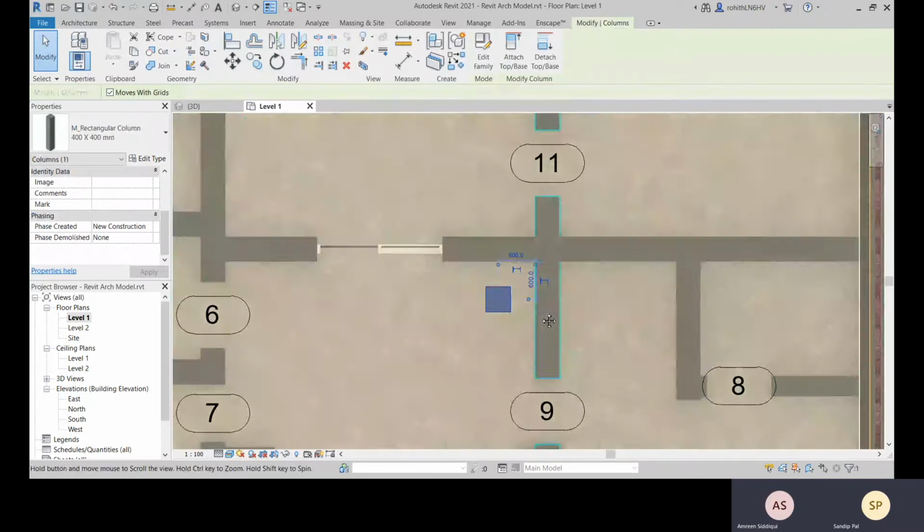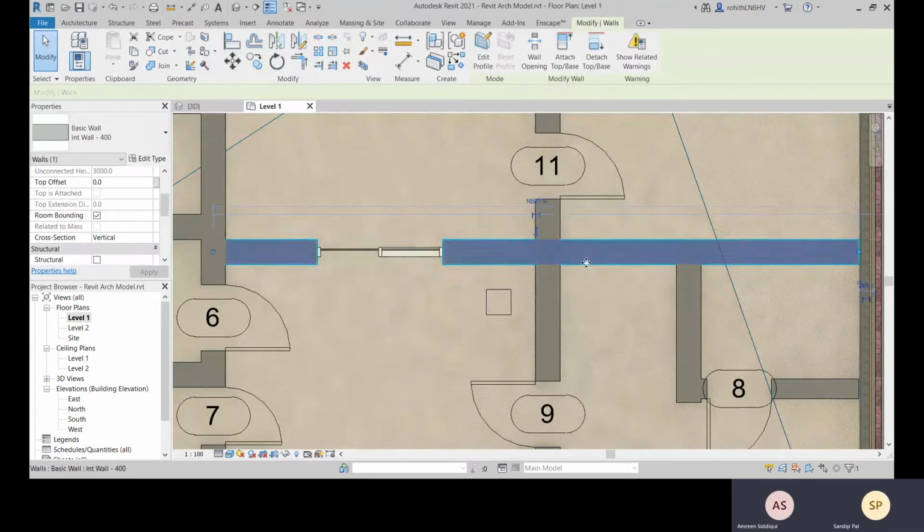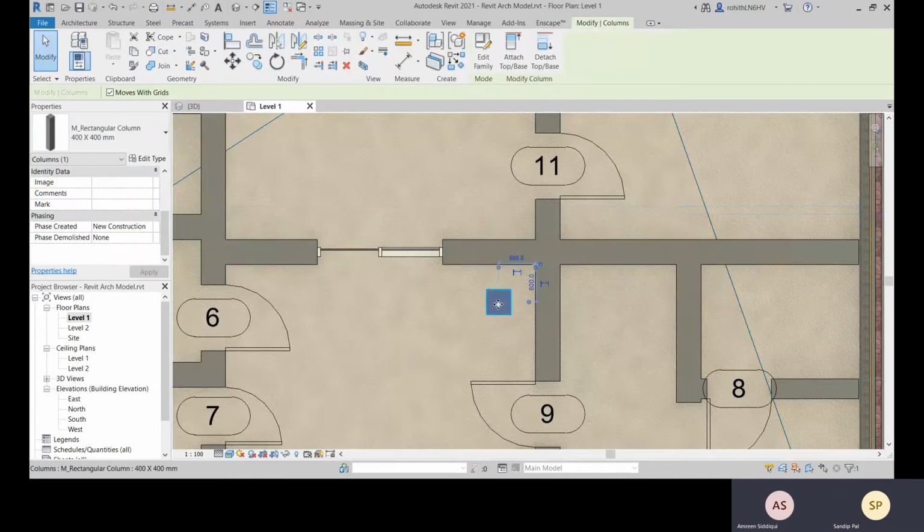So when you move this column, do we get the center point, the snap points? अभी आप column move करिए. यहाँ पे अगर आप ऐसे मूव करते हैं तो यहाँ पे आपको सेंटर मिल जाएगा।